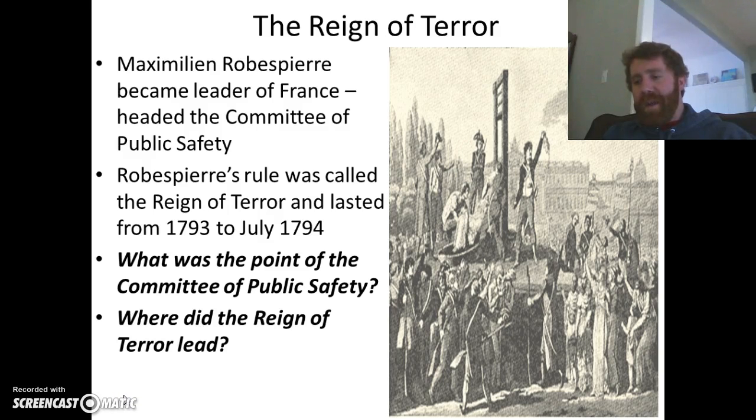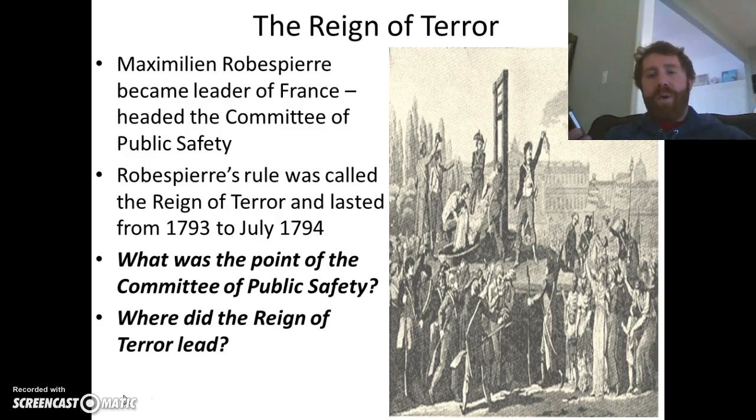Robespierre also justified his use of terror by suggesting that it enabled French citizens to remain true to the ideas of the revolution. He saw a connection between virtue and terror, and I'm going to read you a quote by Robespierre here. He said, "The first maxim of our politics ought to be to lead the people by means of reason, and the enemies of the people by terror. If the basis of popular government in time of peace is virtue, then the basis of popular government in time of revolution is both virtue and terror. Virtue without which terror is murderous. Terror without virtue is powerless. Terror is nothing else than swift, severe, indomitable justice. It flows then from virtue."